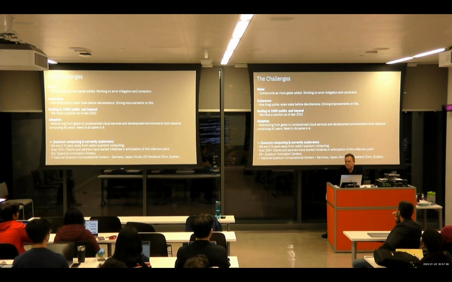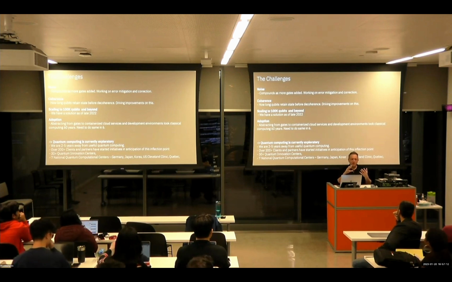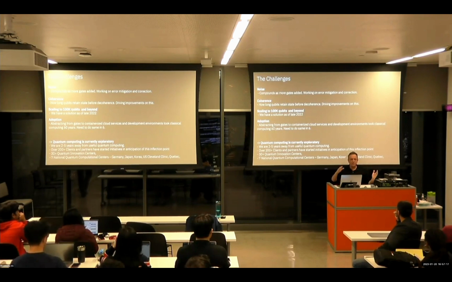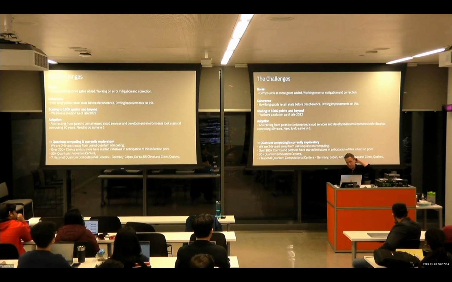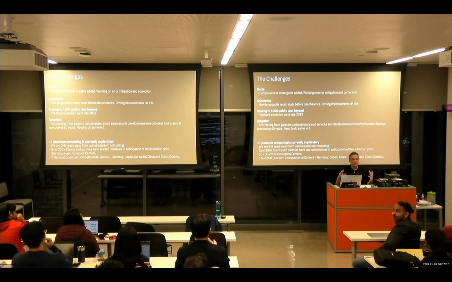The first one is noise. Electrons are very mischievous and very difficult to control. And so noise in the system becomes a perennial problem. Basically, after a gate depth of about 20, so after you've applied 20 gates to a qubit, the noise is so bad you literally get garbage. So working on noise and trying to reduce the noise out of the system is something that we've had great success in. We're working hard on it, but that's a big problem. The second one is coherence. The electrons keep their states for relatively short periods of time, and then they decide to go and do something else. So what we're going to do is try and keep those qubit pairs in a coherent state as long as possible to do our calculations.